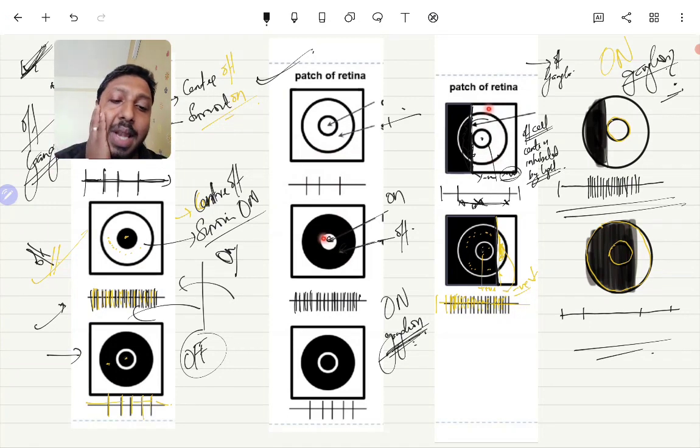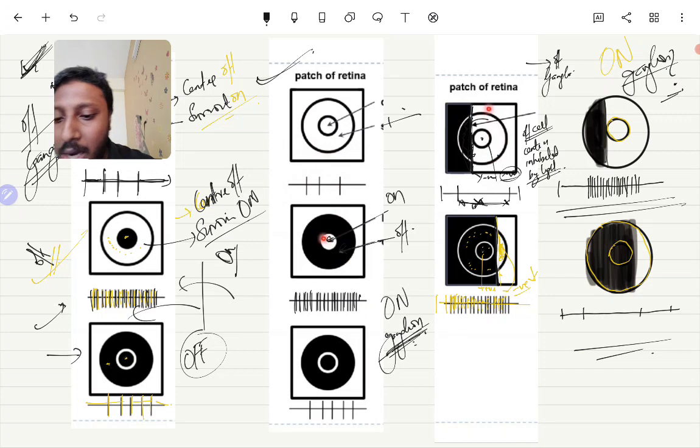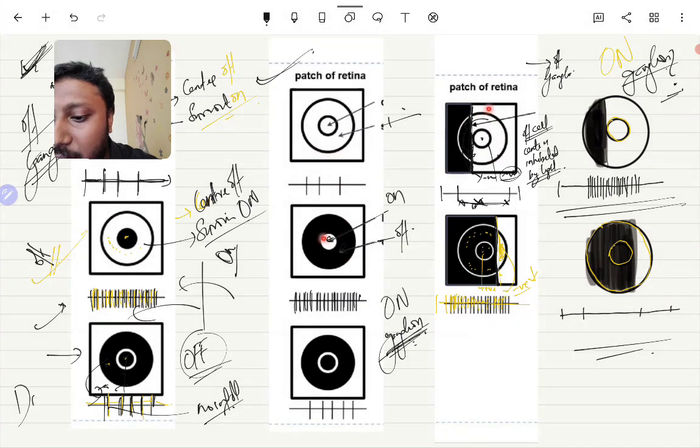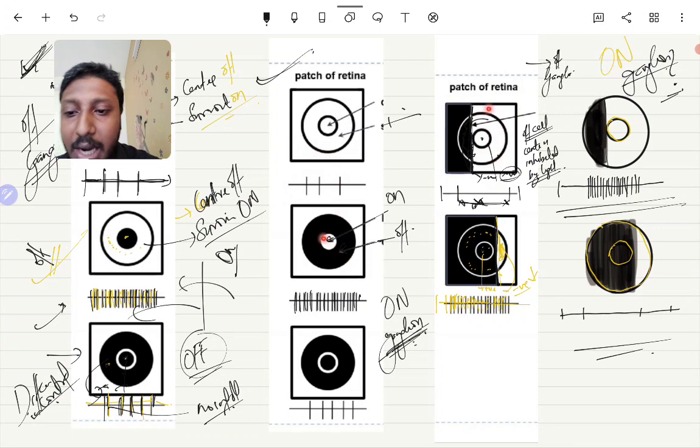The funny part is that in an off cell, if both the surround and the center are dark, it still doesn't fire because the surround will inhibit the center. So there is no information. Only differences in contrast are identified.